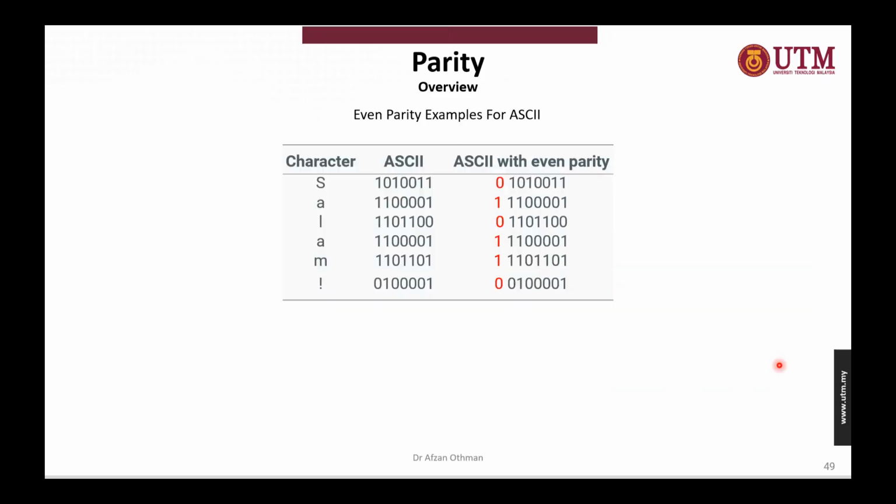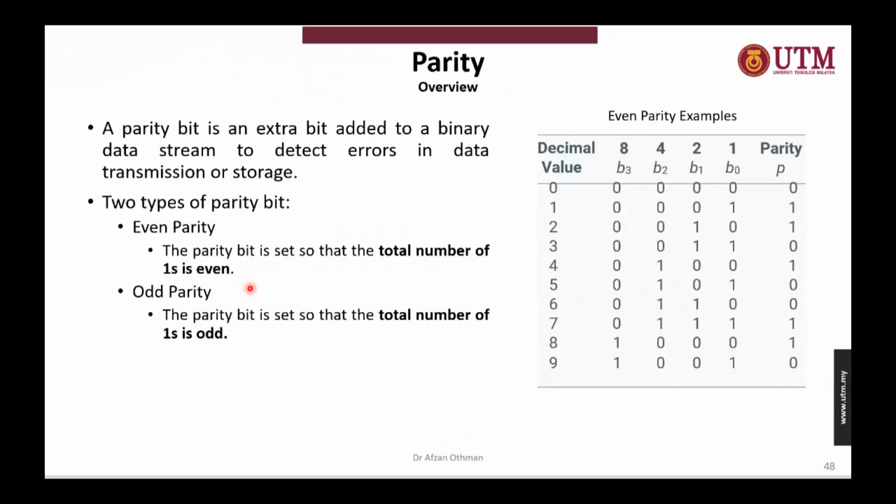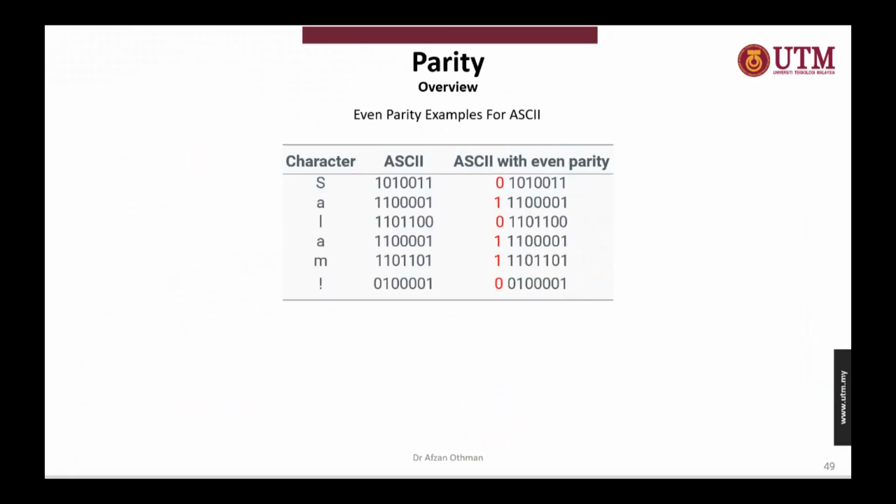Okay, for example, if you have an ASCII, same thing for the ASCII. Let's say we have "SALAM!", with this exclamation punctuation mark. So here, S. We go back and look at the ASCII table. Capital S, where is a capital S? This is a capital S. The value is 53 for the capital S. We just write down here